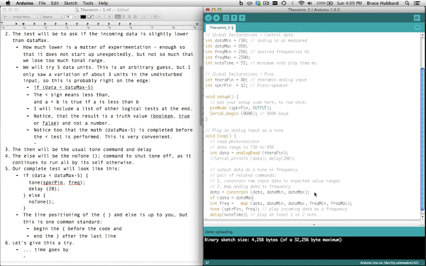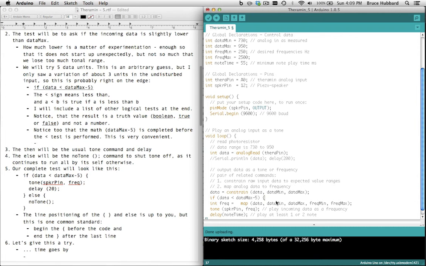It's always going to be less than data max, but minus 5, which means the little region between 950, 949, 948, 947, 946, 945 is going to be ignored. All right, but if it's lower than that, open curly